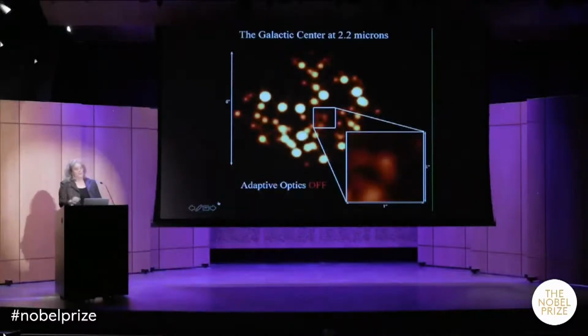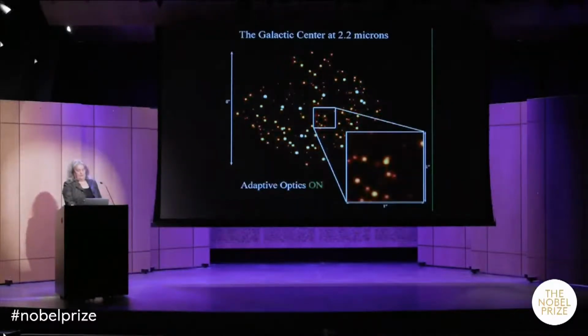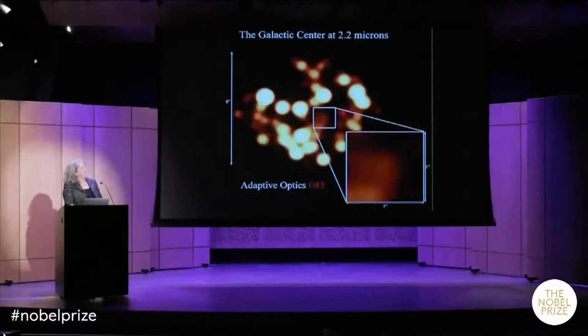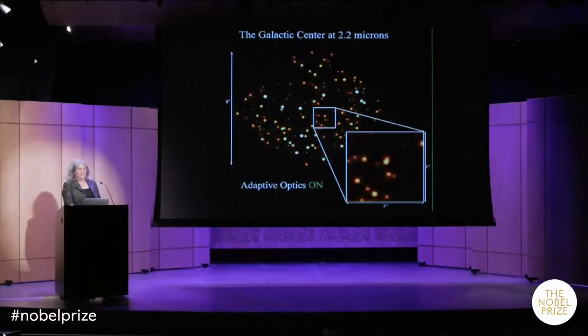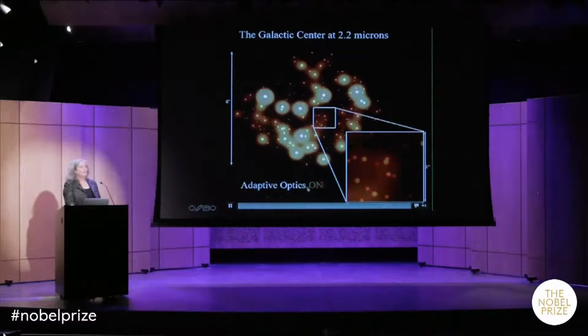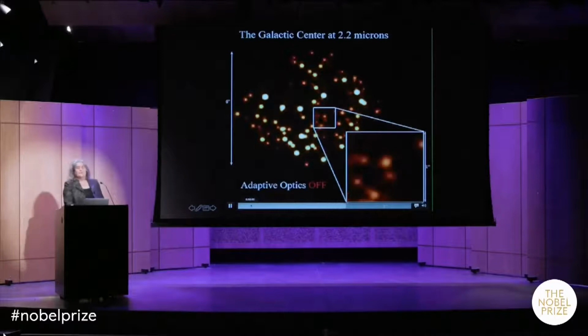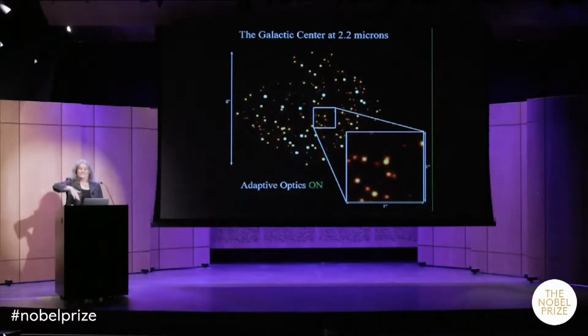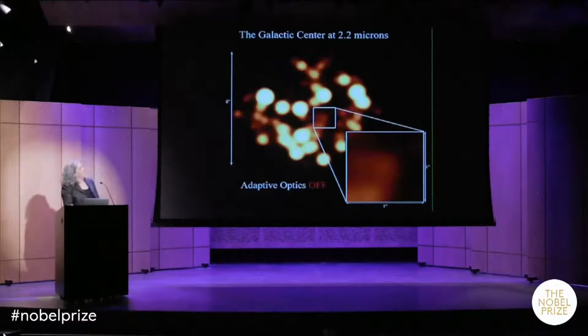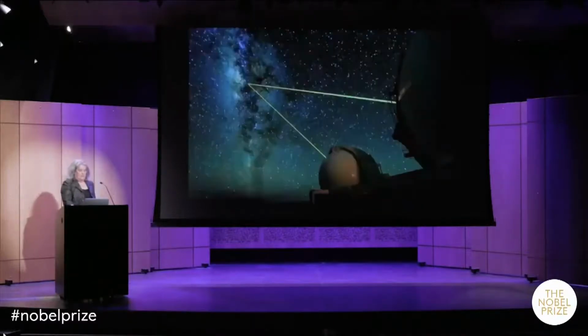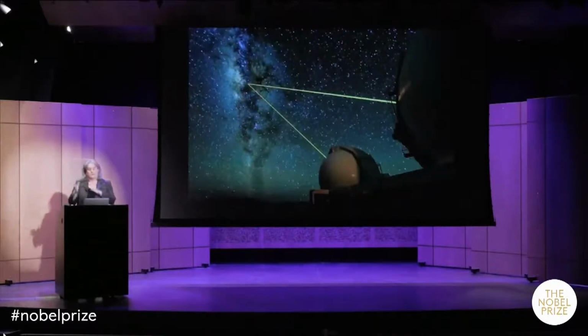In the beginning, we used something fairly straightforward and simple, which required lots of computational power, but very little hardware. And then in the last 10 years, we've gone on to a much more sophisticated hardware-based solution. And in fact, this is nicely connected to the military, because it turns out the military cares about seeing both up and down through the atmosphere. So they were developing techniques as well. So in the early 90s, there was a huge leap forward in our ability to correct for the distorting effects of the Earth's atmosphere.